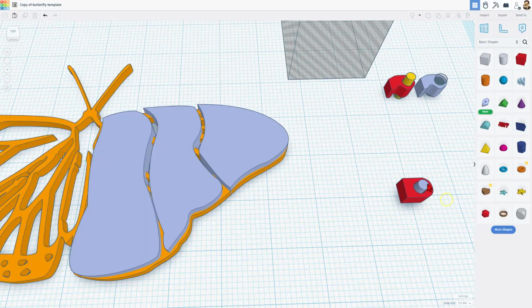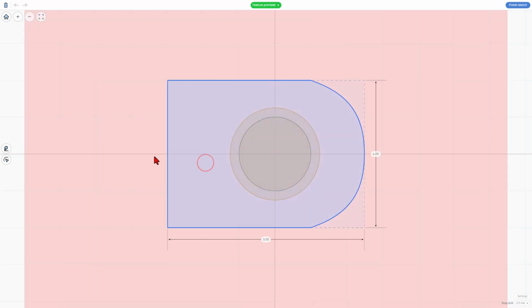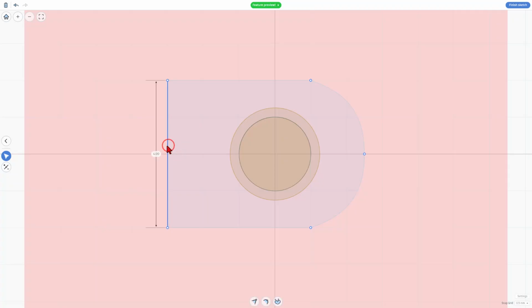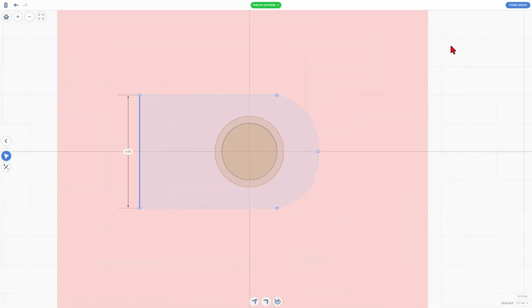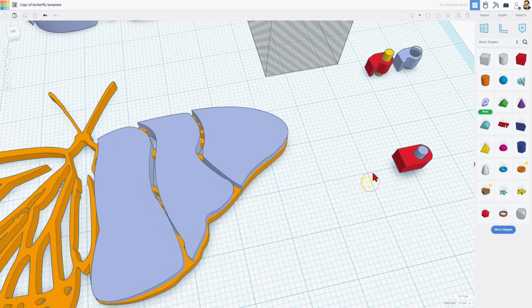All right, with it lined up, I'm going to double click and edit this. Check it out. We're inside. I can double click the red one. And on this red one, I just simply want to make this line further back. So if I double click, I can grab that and I can just drag it one further. So that way we've got a little bit more room while we're working with this. That's what's so cool about these multi-sketches is we can double click, edit, and make them work exactly the way